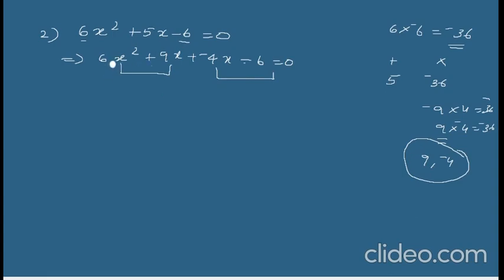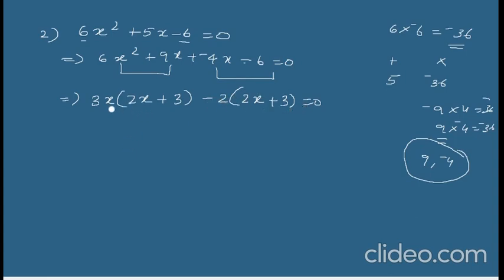So what is common here? 6x square plus 9x. It's clear, 3x is common. So 3x into, 2x remains, plus 9 means 3 into 3. So 3 has been taken outside, x is also taken outside, so here it will be 3. Now negative 4x minus 6. Shall we take negative 2 outside? So here it will be 2x plus 3. Please note this step. Out of negative 6 I have taken negative 2, so the negative sign is outside of the bracket, so here it must be positive.